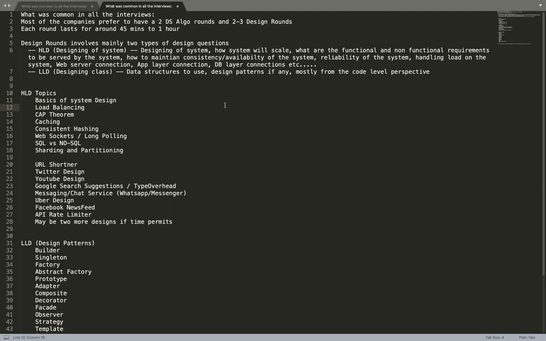Non-functional requirements are the requirements which are not actually provided by the users, but have to be discussed or decided by you as an engineer, or if you're a product manager, then definitely as a product manager, you need to come up with the non-functional requirements. So let me explain with the help of an example what a non-functional requirement is.